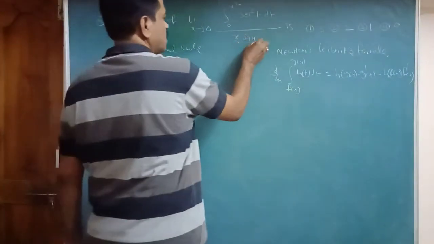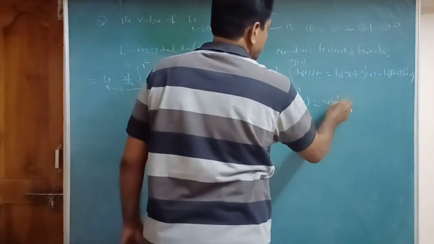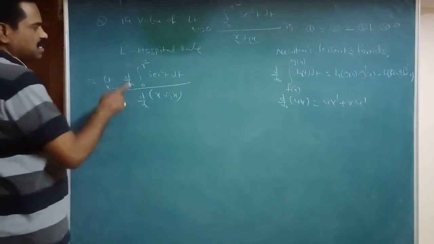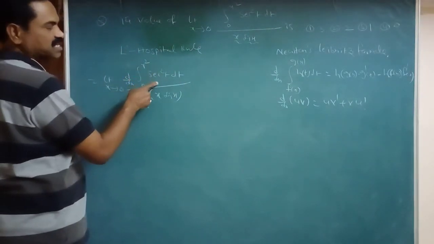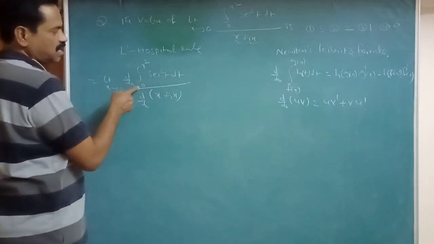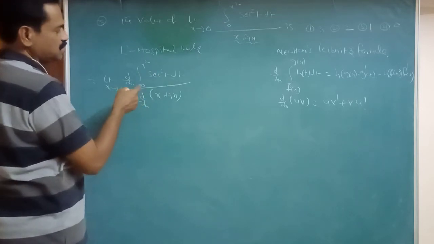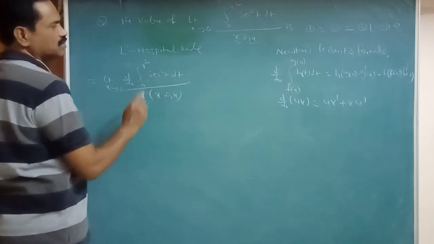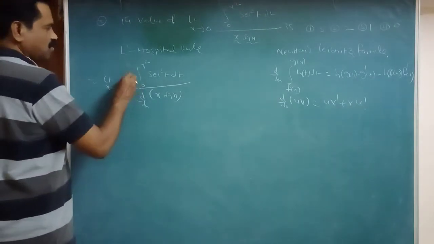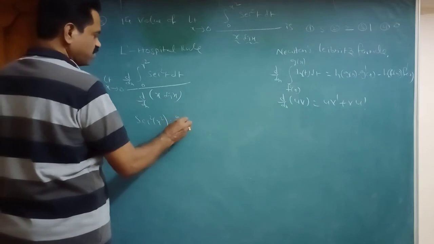Here the uv formula: d by dx of uv equals u into d by dx of v plus v into d by dx of u. Apply both formulas. In place of t, we get secant square t, so secant square of x square, and again x square divided by 2x. Now substitute the lower limit: it is into 0, secant square t again into 0, so the second term is 0. So that equals secant square x square into x square divided by 2x.